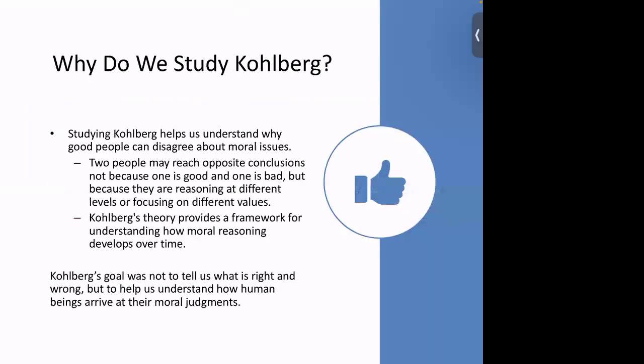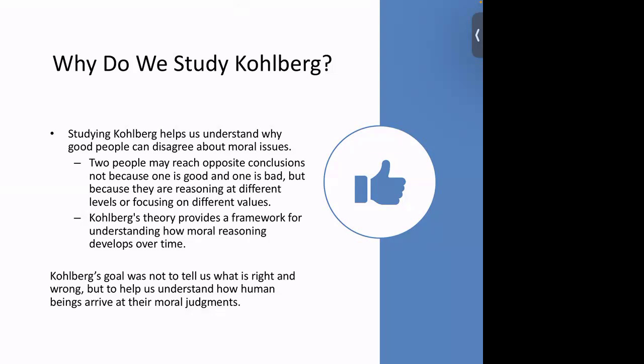Now, I always like to address, why are we studying this particular topic? Why is it important to study Kohlberg's stages of moral development? A couple of different reasons. We're going to focus on one: it's very important to understand that when two people are arguing with each other and each person thinks they're 100% right, very often there's a little bit of truth to both of them. What Kohlberg taught us here is that people could be at different stages of moral development, meaning people will think differently based on what stage they're holding at.